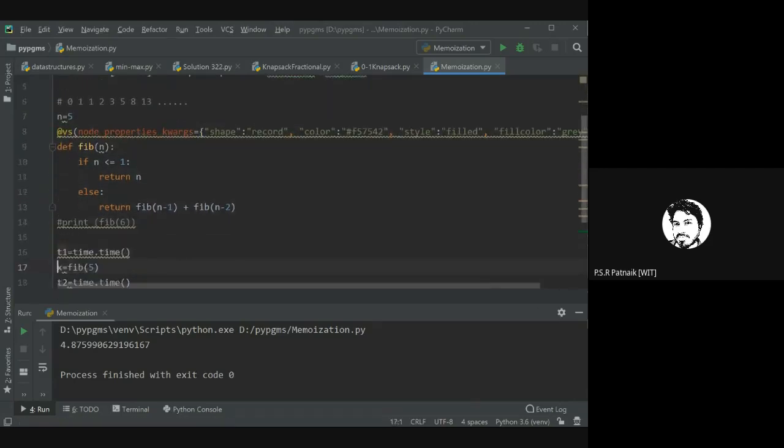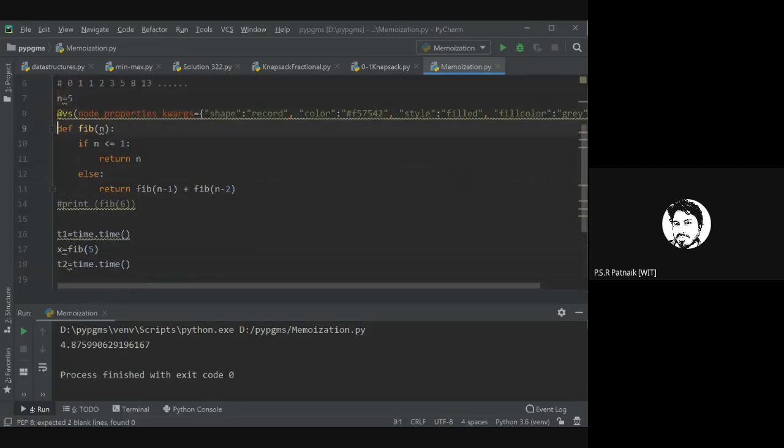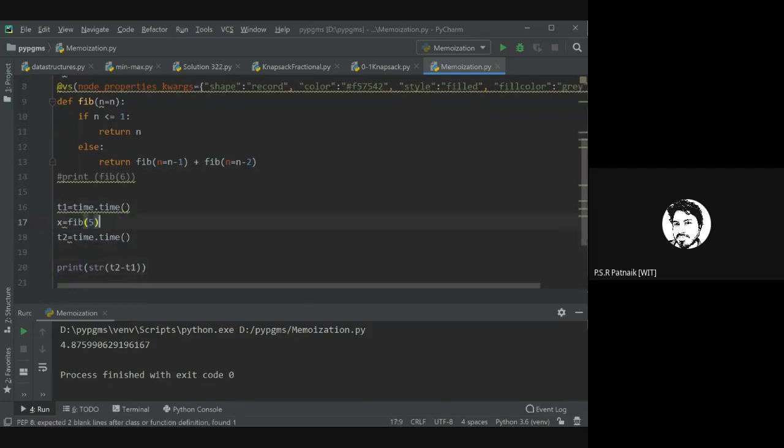Okay, then once I have done that, wherever I call this, I need to call them as keyword based arguments. So I'll say n, let us keep n as a keyword based argument. So I'll say n is equal to n minus 1, Fibonacci n is equal to n minus 2. That's it. And here, whenever you call that method, you call it with n is equal to 5.